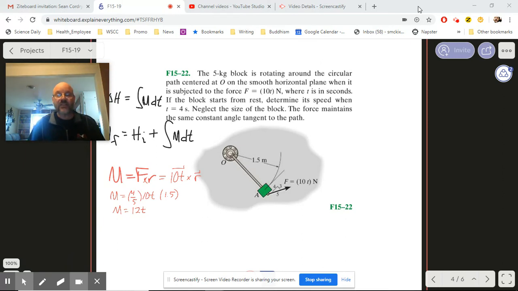Then to find that actual impulse value, okay, we've got our M dt, and that turns into the integral of 12t dt. Okay, so we take our antiderivative, we're going to end up with 6t squared from 0 to 4 because it's going for 4 seconds this time. All right, so 4 squared is 16. 16 times 6 is